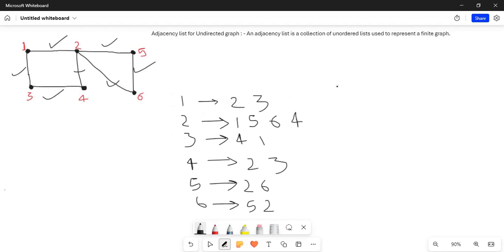First make a new ArrayList for each node, and now for every edge, take both nodes, since it is an undirected graph. That means if you take edge 1 2, then 1 will be added in 2 and 2 will be added in 1. Similarly, in the same fashion, we can create an adjacency list.